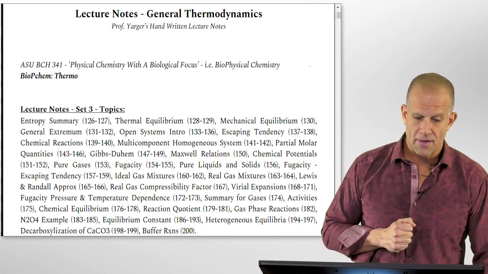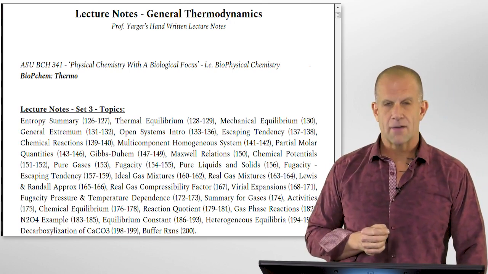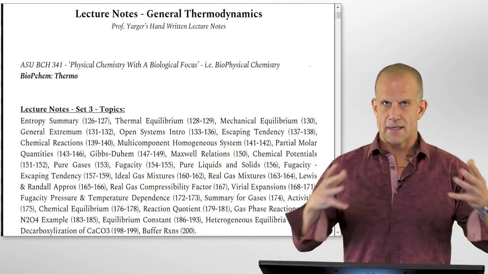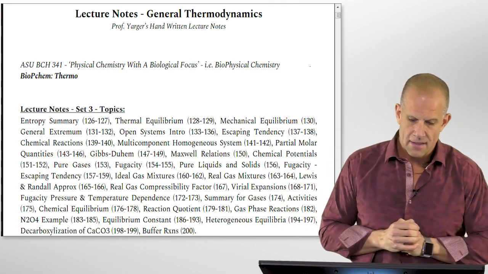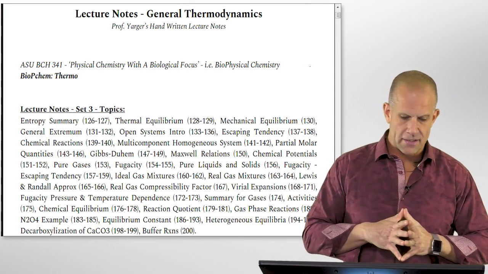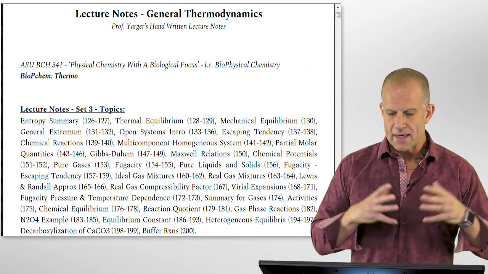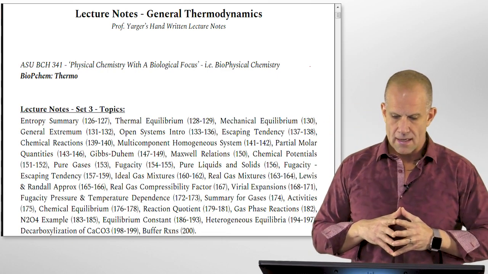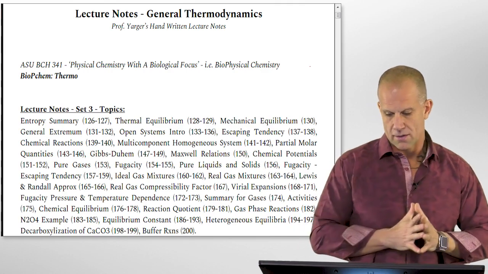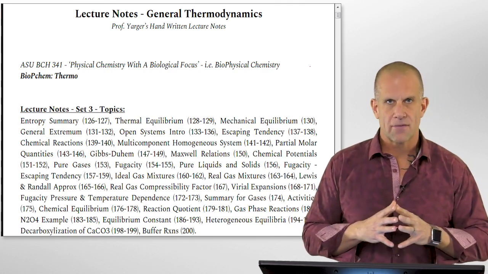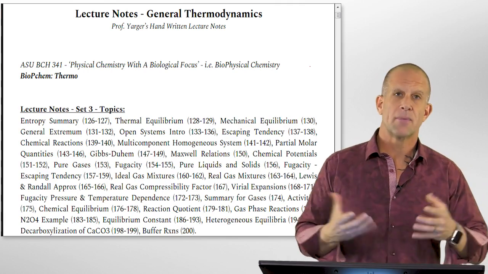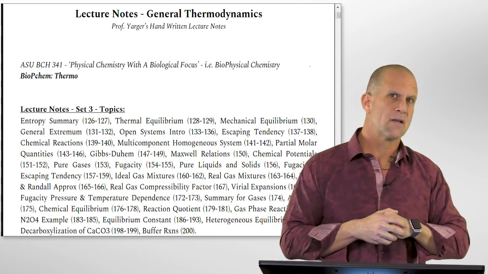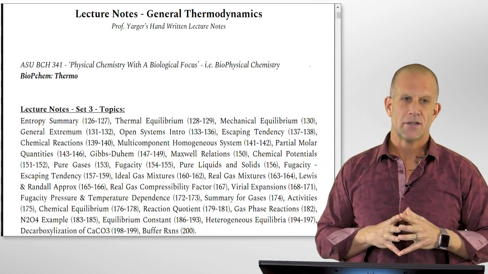So in set number 3, a lot of it starts from set number 2, where our focus was on entropy. It continues some of that through the first half, looking at some of the Maxwell relations for entropy, Gibbs-Duhem, etc. And then it moves on to really looking at the relationship to chemical work, which I would say is really at the heart of chemistry, looking at chemical potential. And oftentimes, anytime we look at chemical potential, this is synonymous with looking at molar Gibbs free energy.